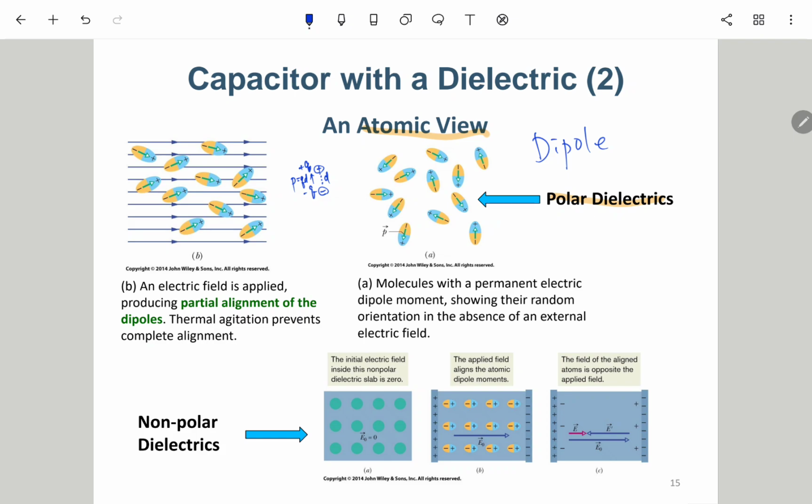So if we don't have any external E field outside, all these dipoles will randomly point in different directions. The dipoles will of course generate some E field, but if they all point in random directions, then all this E field will cancel each other, so that it won't generate any net E field. But if we apply some external E field,